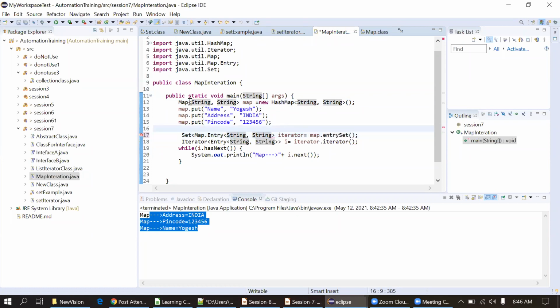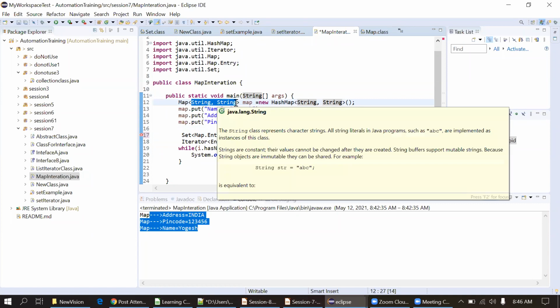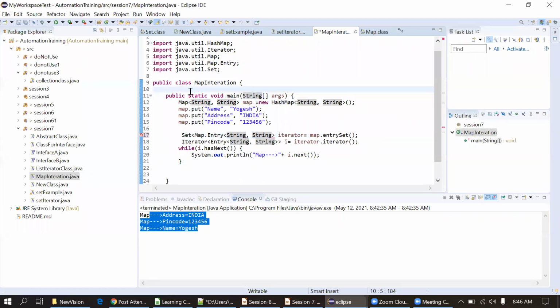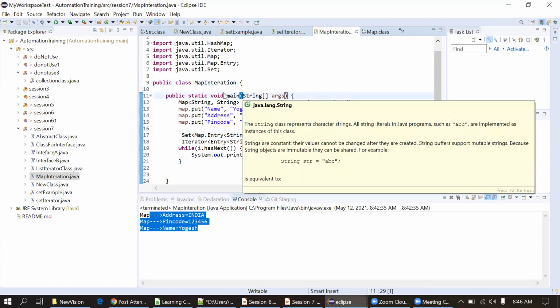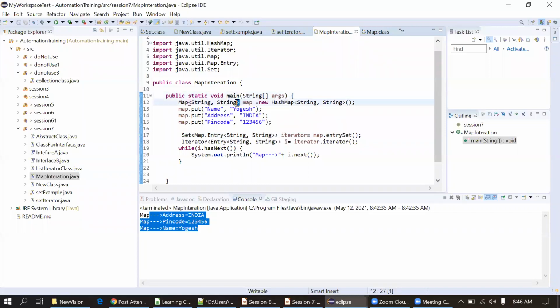And whenever we are going with this bracket, less than or greater than, this is actually generics, which is basically used for type safety. There are multiple features provided by generics, but we are just looking at type safety here. There was no bracket left when generics were developed, so they used this last bracket. Curly braces are used for classes, round brackets for methods, and the only bracket remaining was the less than, greater than, so they applied it in generics.